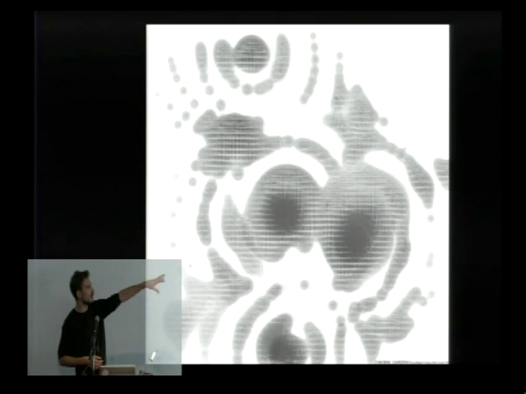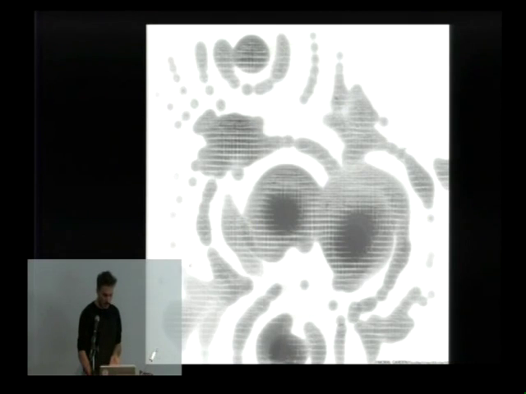So basically, the idea is to interpret the space as a sort of field in which you have different intensities and different conditions that define a very rich, differentiated space.